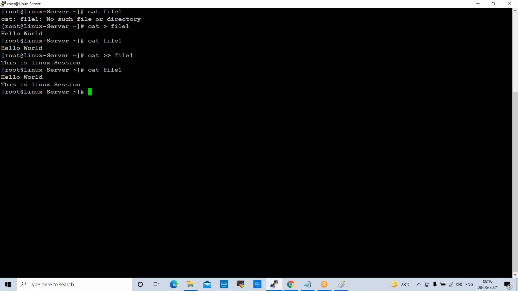So now if you want to create multiple files, normally we use the touch command. Touch, file1 is already created, right? File2, file3, and file4. So now if you want to check these files, ls is the list of files and directories. See here, file1, file2, file3, file4. We have 4 files available.